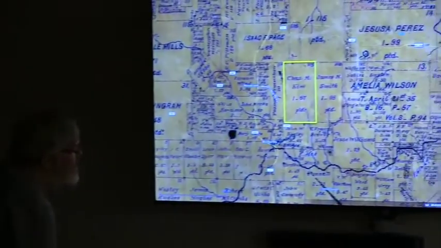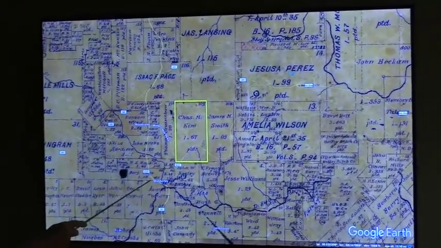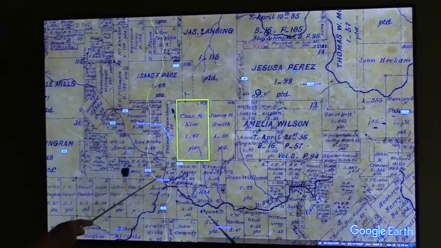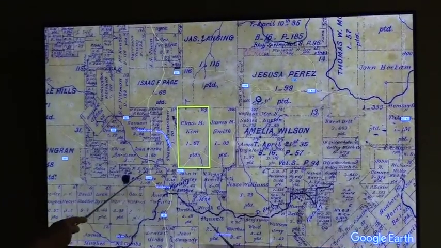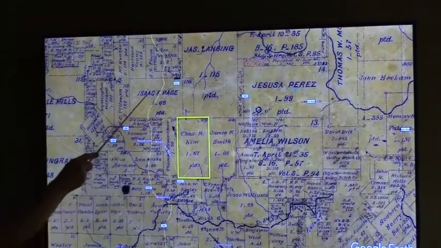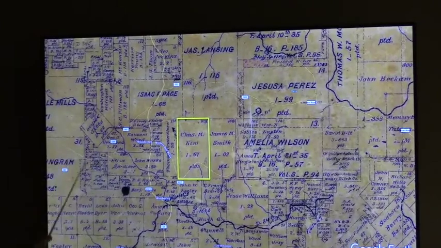Okay, so where are we? That's Charles McKim. This is really Wimberley. That's where they thought it was. This is where it really is. This is Ranch Road 12 on the way to Dripping. This is 2325. That's 181. That's,